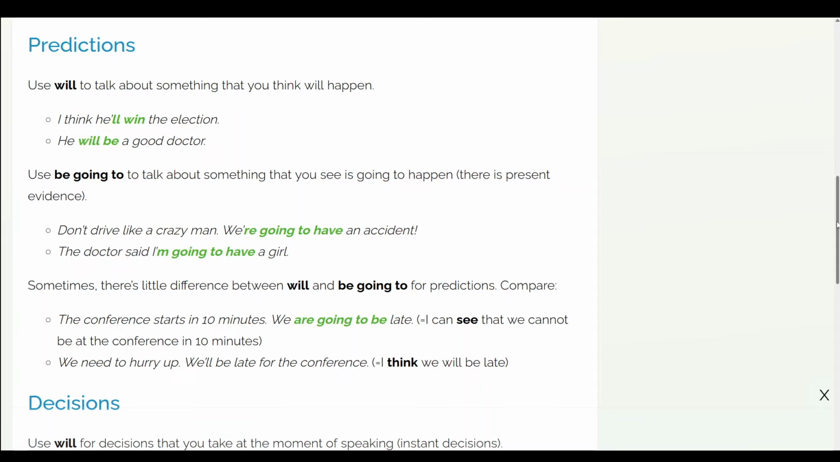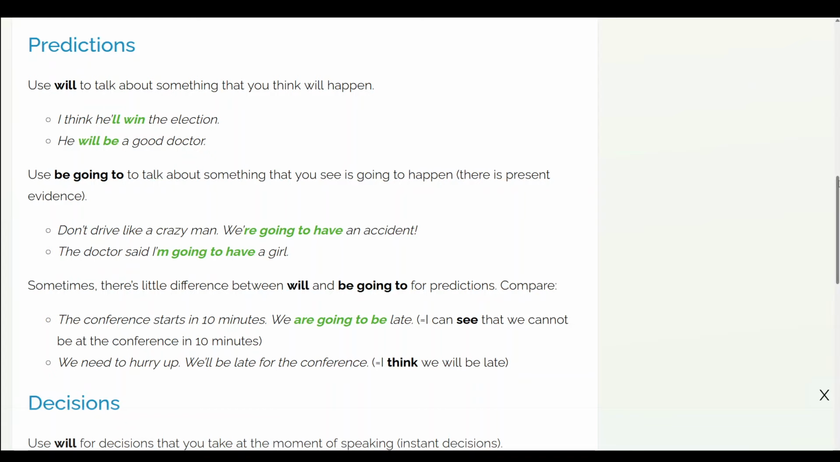If we scroll down the page, we have some more in-depth information. We use will to talk about something that you think will happen. So again, personal opinion. I think he'll win the election. That is my opinion. He will be a good doctor. Again, that is my opinion. Sometimes there is very little difference between will and be going to for predictions. I'm going to go through that in the next video after we've looked at how to use be going to